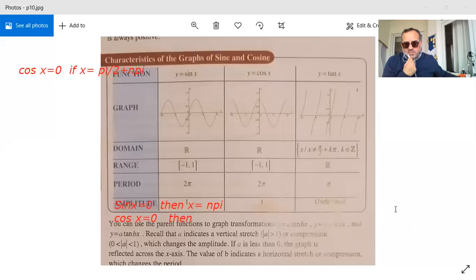Same thing for tan, of course. Tan, what's the domain, what's the range? This is the domain of tan. The domain of tan is x such that